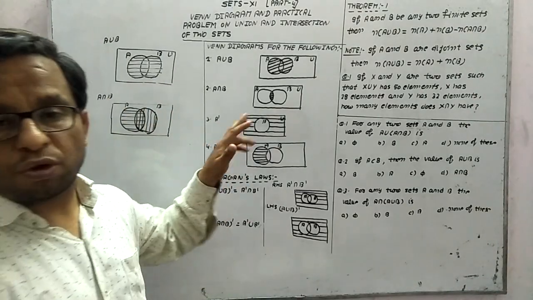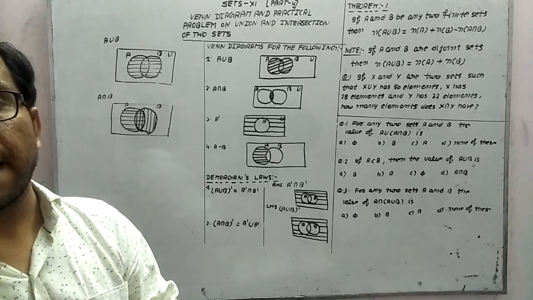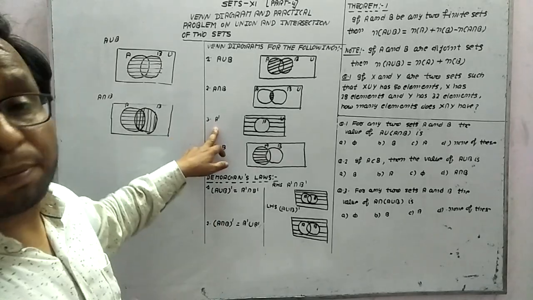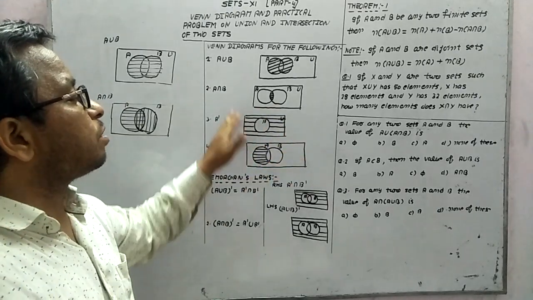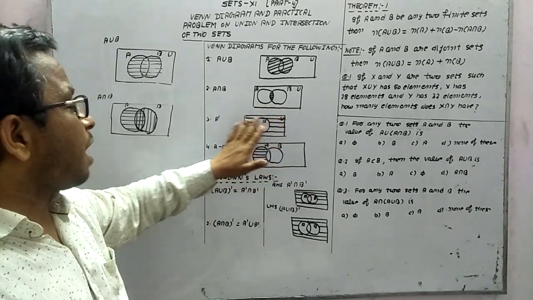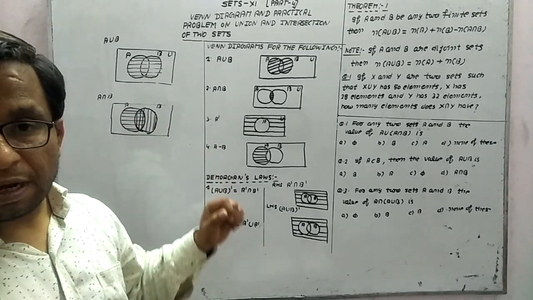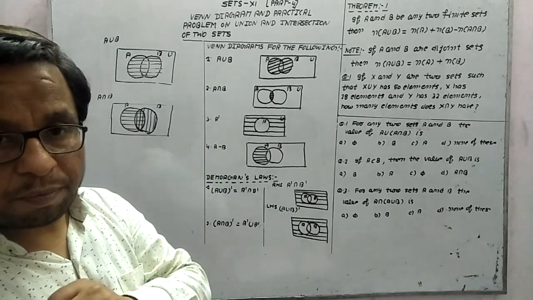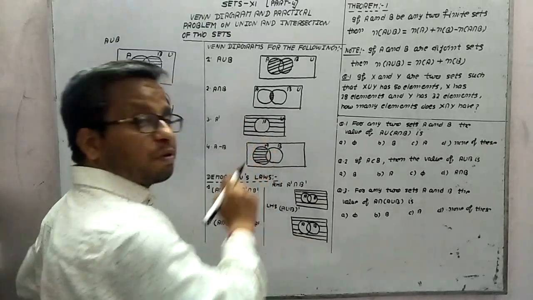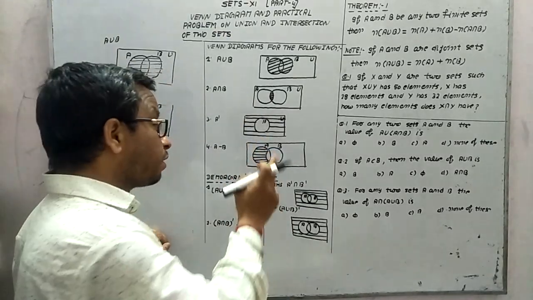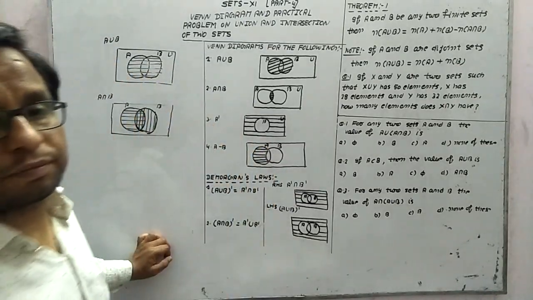Now A dash, you know very well, all the elements of universal set which are not in A. It is also known as the complement of A. It means जो A में नहीं है, that means remaining universal set will show the Venn diagram of A dash. A minus B, you know very well, all the elements of A which are not in B. अगर हम इस पोर्शन को देखें, इसमें वो एलिमेंट्स भी हैं जो A में भी हैं और B में भी. We want only all the elements of A which are not in B. It means this is the shaded portion.